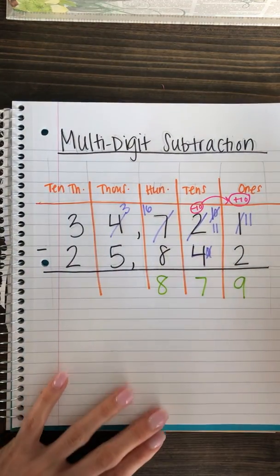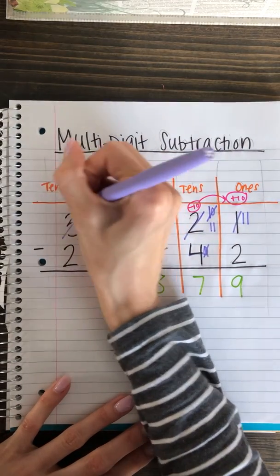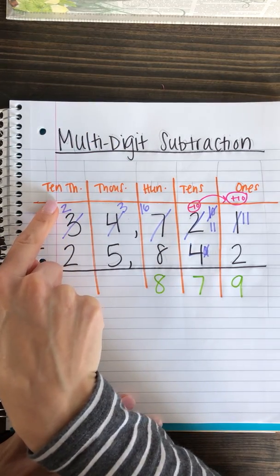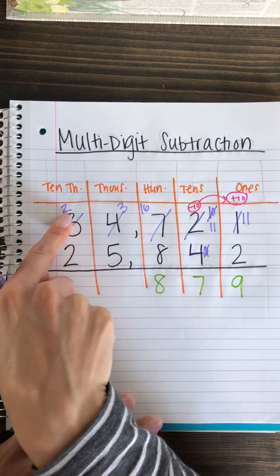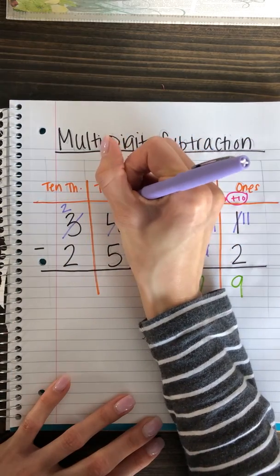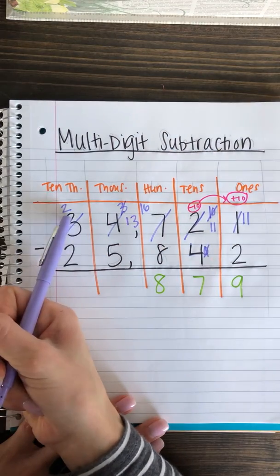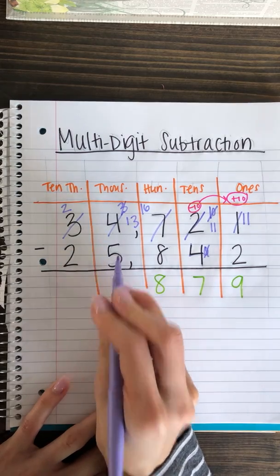Okay? Now we can't subtract 5 from 3. So we're going to borrow from over here. This becomes a 2, or a 20,000, right? Because the value of this 2 is actually 20,000, not just 2. And then this becomes 13, because we added 10,000 to this 3. Okay, now 5 minus 13